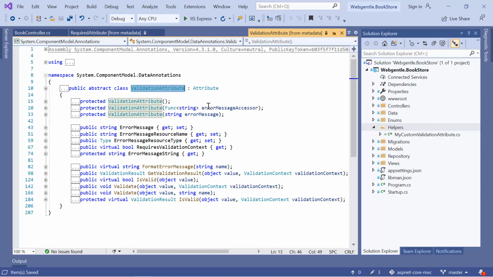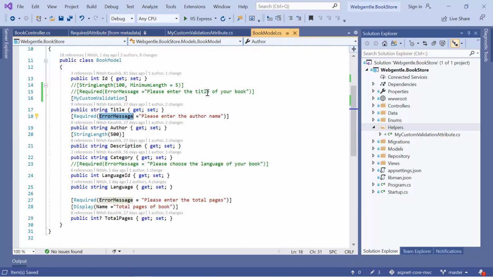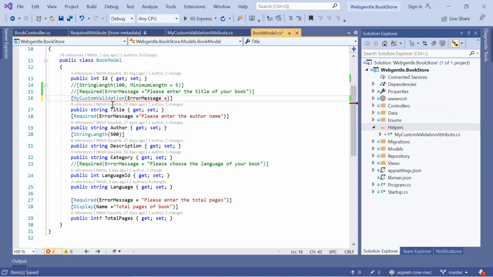Let's click on the F12. Here you can notice that this is the property that we want to use to update the custom error message. Perfect. So now what will happen, if we are having some data in this error message, then that will be displayed onto the UI. If we do not have any data over here, then this custom message will be displayed. Perfect. Now I'm gonna add some custom message on my model class. Let's go to the model class, and here in this my custom validation I can pass error message is equals to for custom validation.